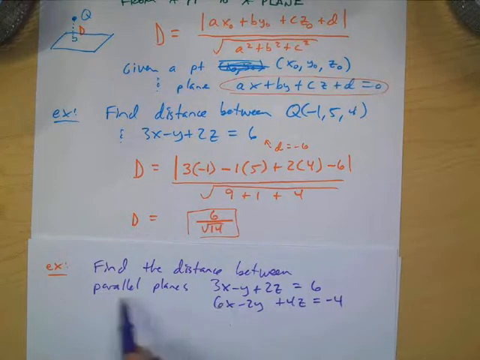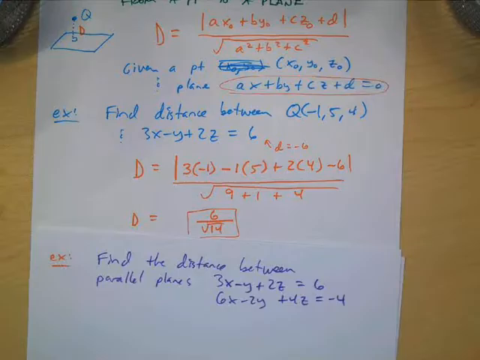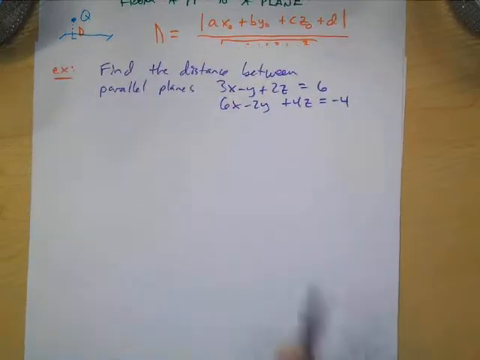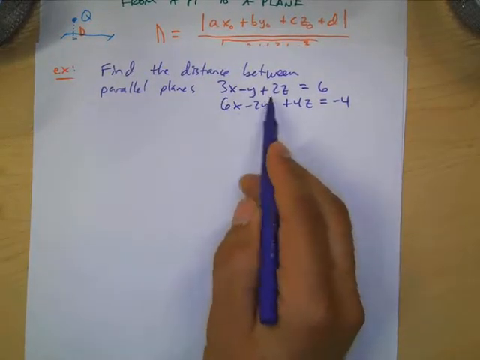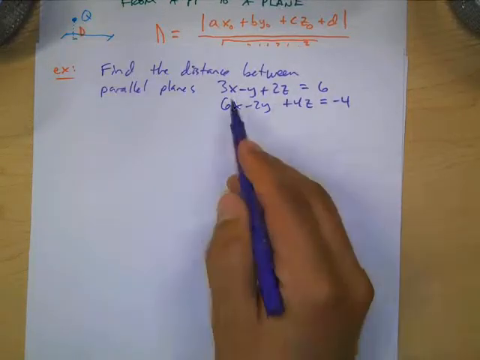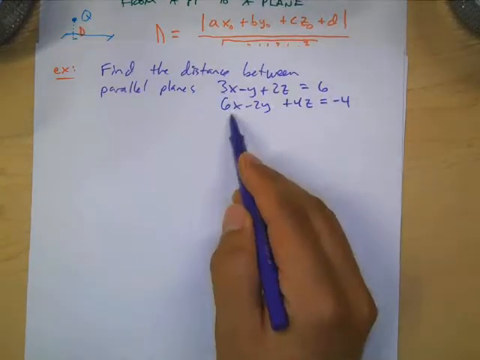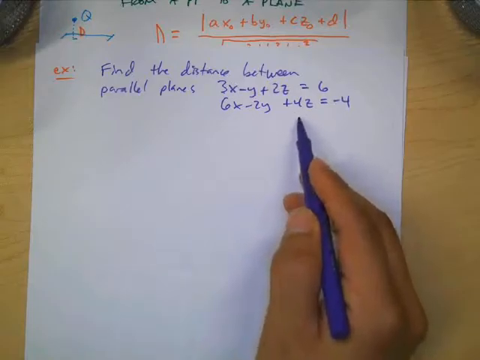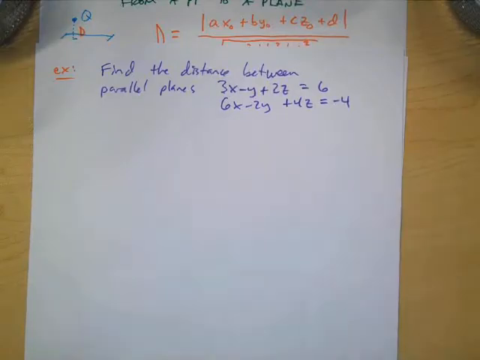We know that because it told us, but what else could we look at in the equations to determine that these are parallel planes? Yeah. 3, negative 1, 2, 6, negative 2, 4, scalar multiples, right? If they share the same normal vector or a scalar multiple of the normal vectors, then they're parallel. Okay,